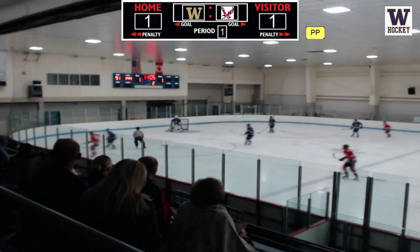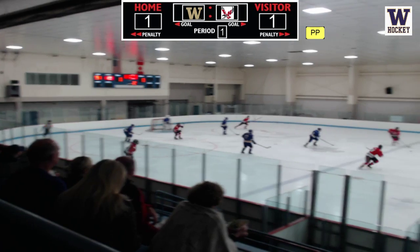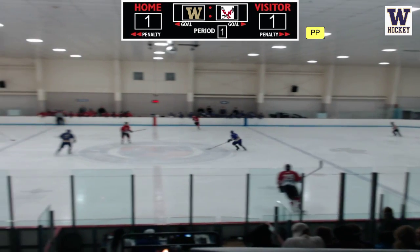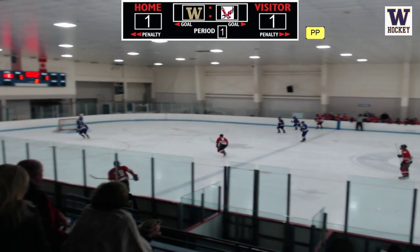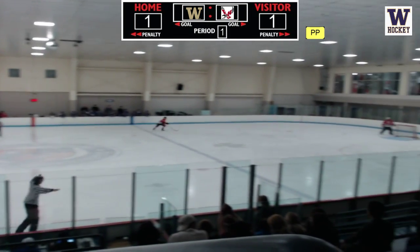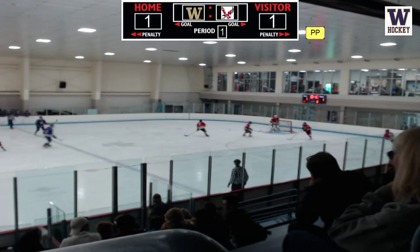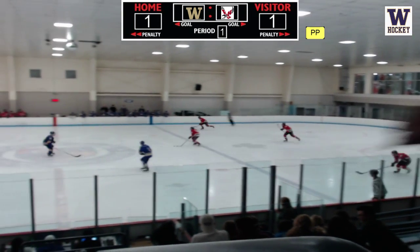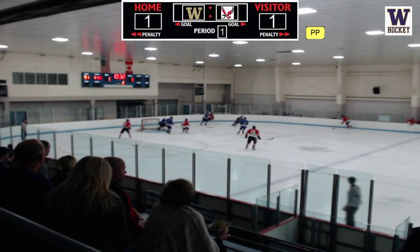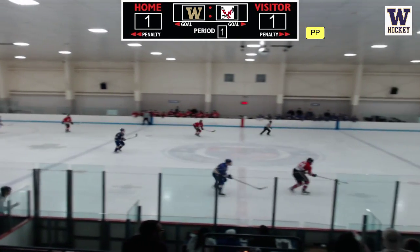Wrapped in by Eastern Washington around the boards, collected there by Lind. And puck is now out. I can't see the number just yet, but it looks like it is Haywood on the point, trying to control that puck in the neutral zone, but set back down again by Washington. Yasuke this time with the clear for the penalty killers. Now Eagles coming up center ice with speed, takes it to the right side. Possible stick checks there from White, and now a tip pass in the lane